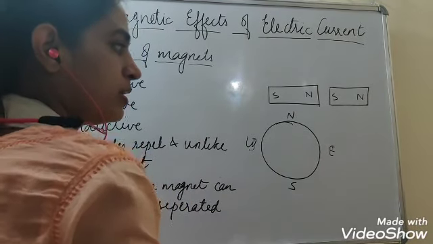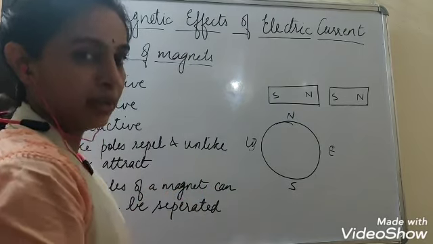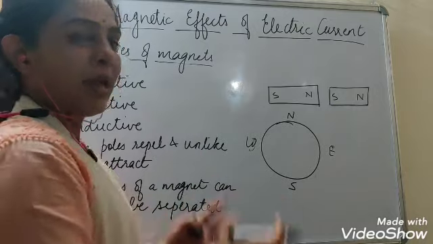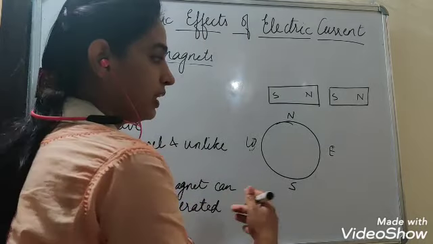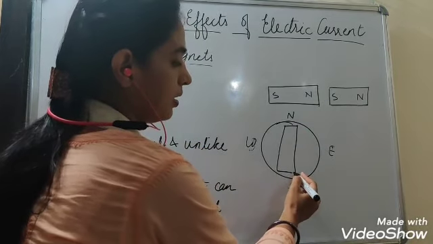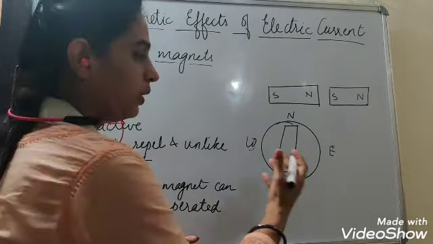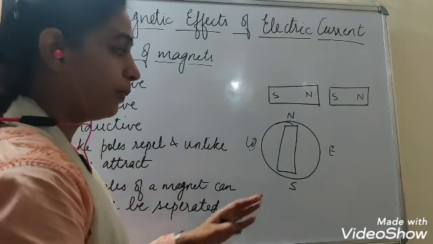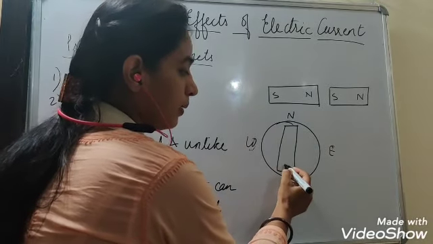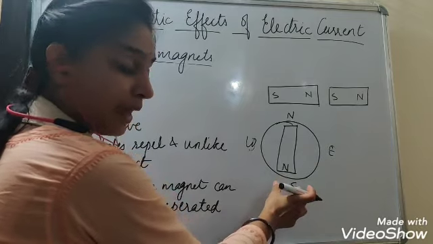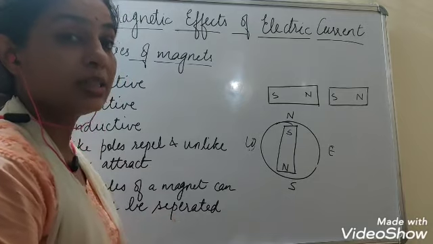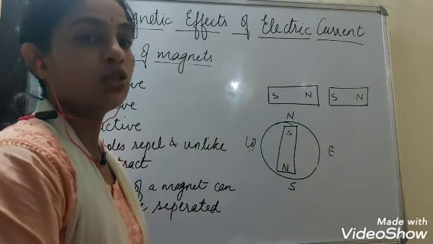This happens because the earth itself is a big magnet. It acts like a big magnet. So if we draw an imaginary big magnet inside the earth, then actually this is the earth's magnet. And the magnetic needle or magnetic compass points towards the magnetic north because the north pole of the earth's magnet faces towards the geographic south, and the south pole of the earth's magnet points towards the geographic north.